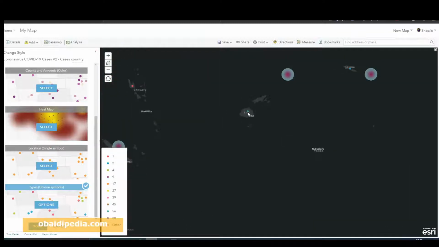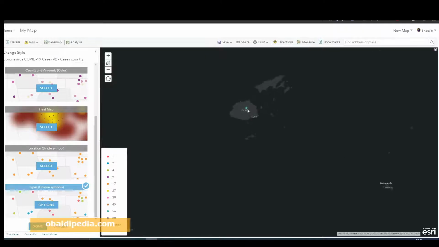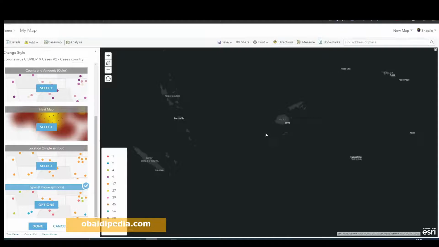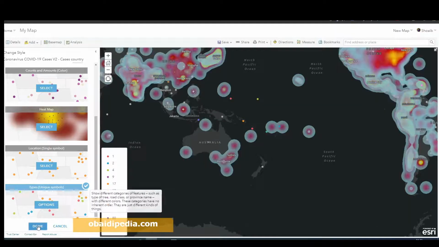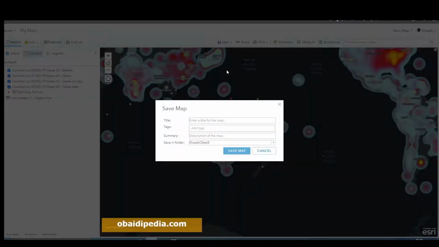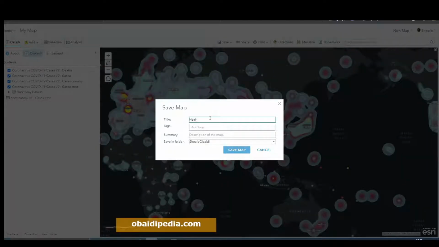What is this one shows? Green 56. Okay, we can press on the button done. That's it, and we save it. We save it in another name. We give it a name, heat map